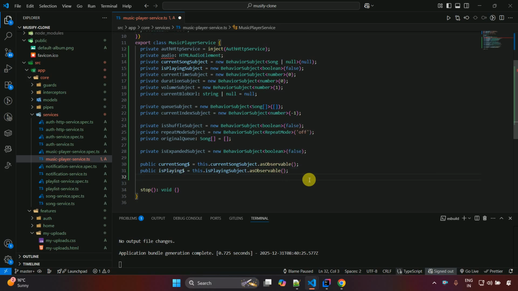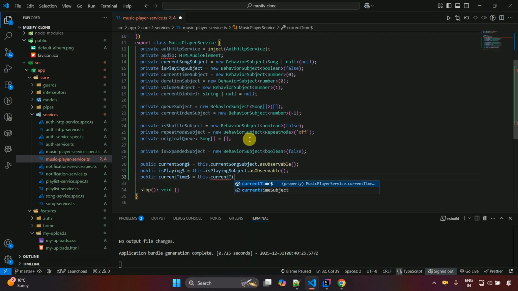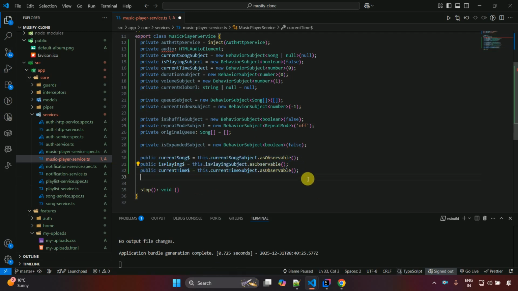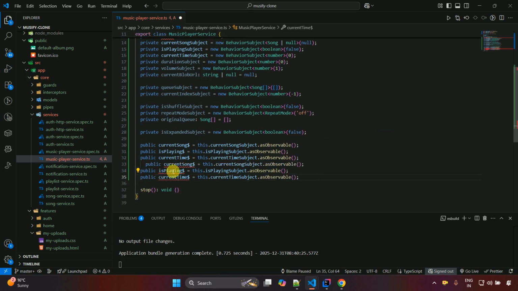So multiple ones we have to create, like all the ones we created at the top, right? For those we have to create them over here. So public currentTime$ equals this.currentTimeSubject.asObservable(). Let me copy and paste from here, paste it over here, and after current time, the next one is duration,